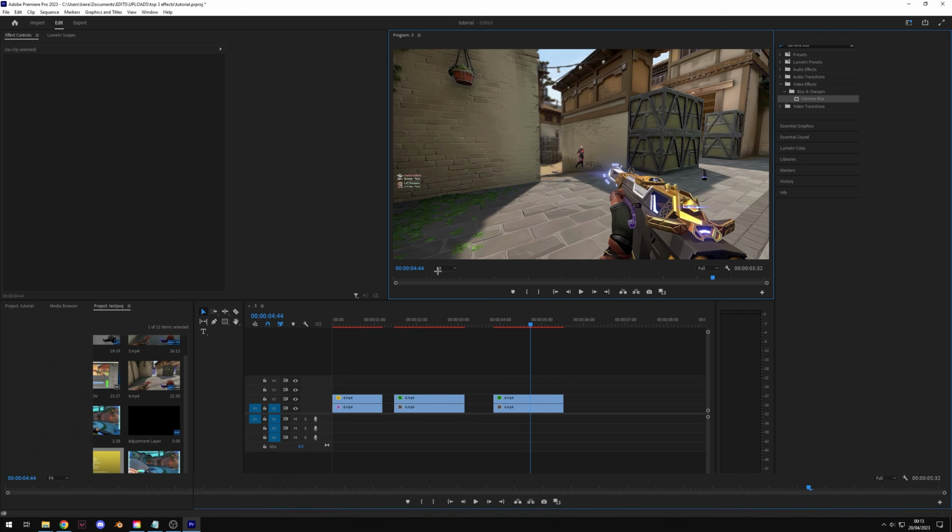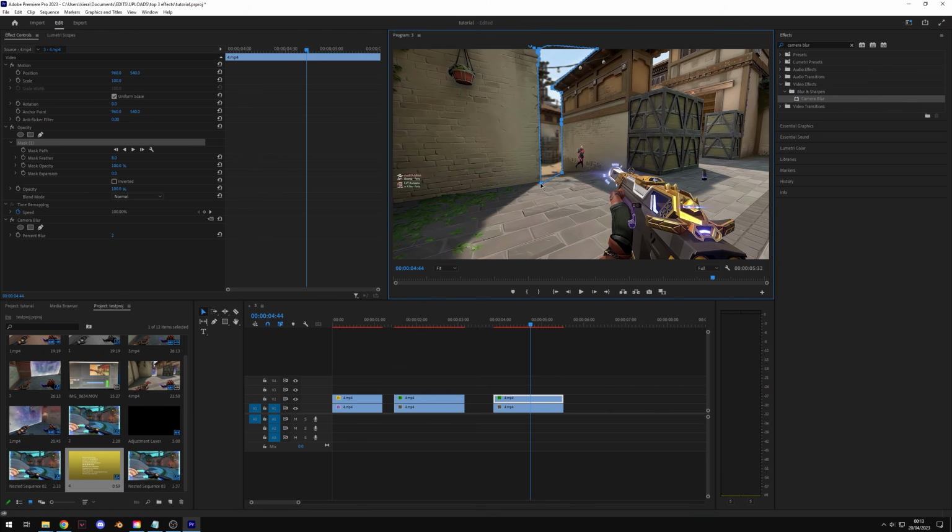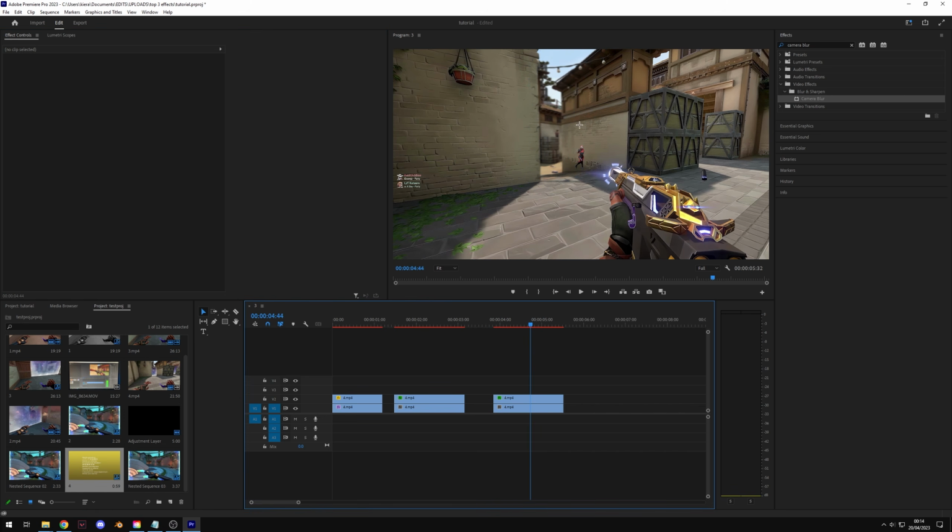Now we don't have to necessarily do it like this. We could move the mask to come closer and we'll expand this mask over here and really increase the feather. Sort of go something like that, and that can be a bit more of a gradual kind of blur into the background. So by increasing the feather, it just makes the transition between what's in focus and what's out of